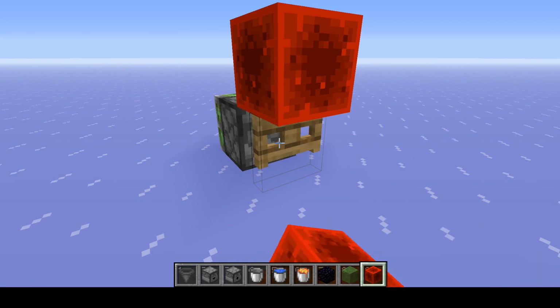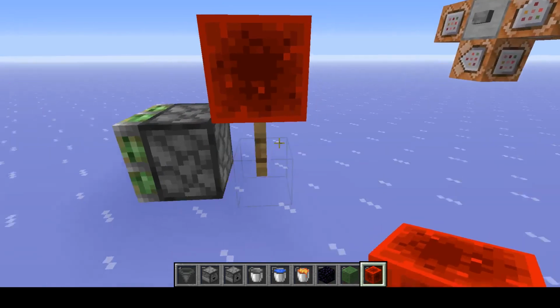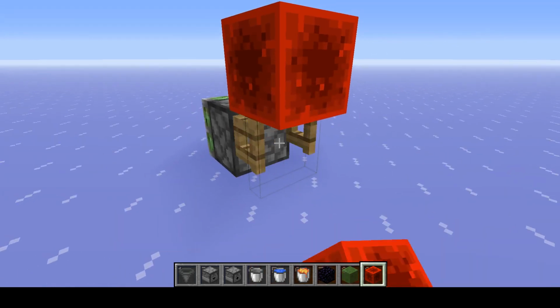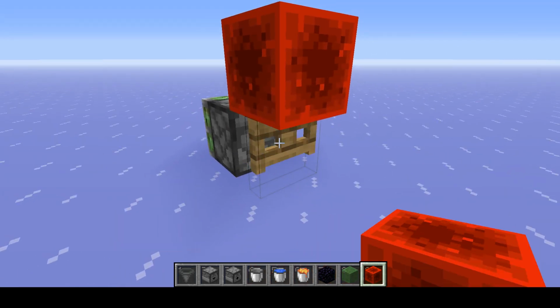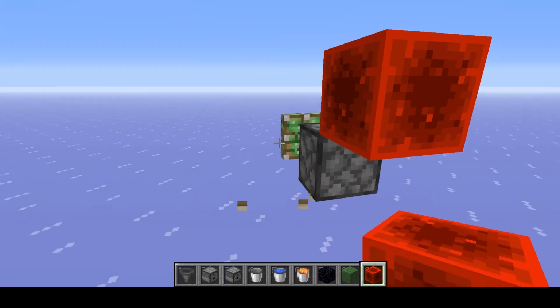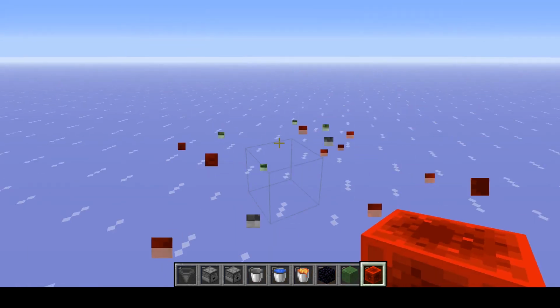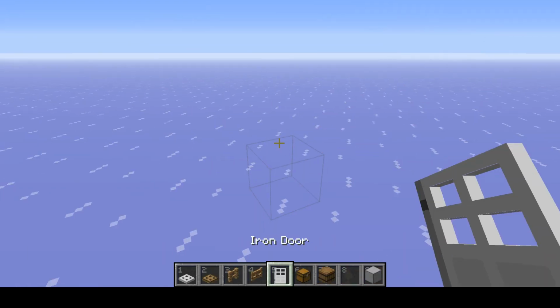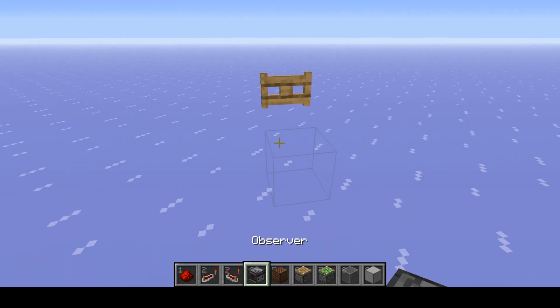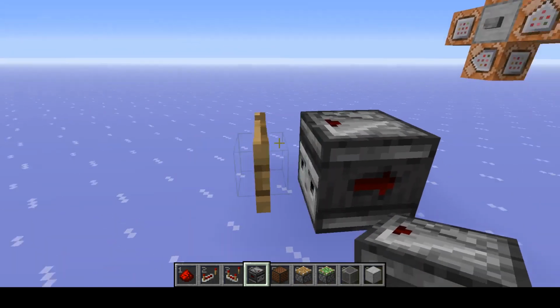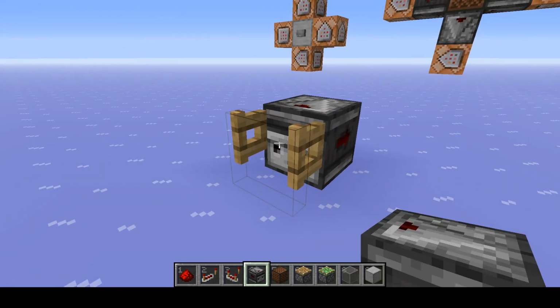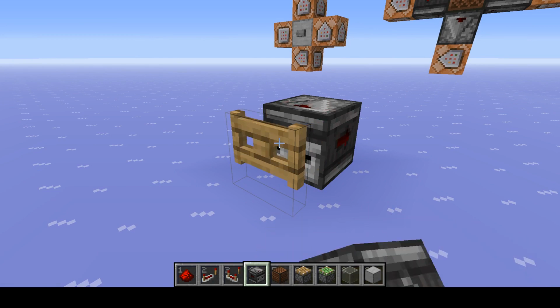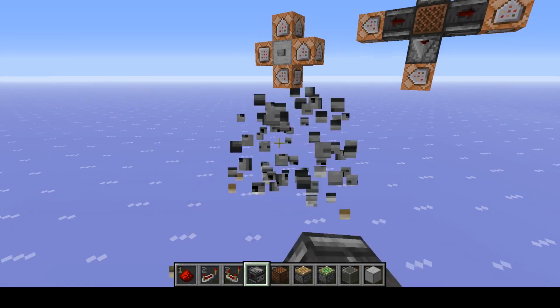So if I trigger this fence gate, it doesn't provide a block update because the state change of a fence gate doesn't send out any block updates. If I break it, it does, and the piston extends. But a fence gate will send out a block shape change event. So you can see that this observer detects it, and that's because observers detect